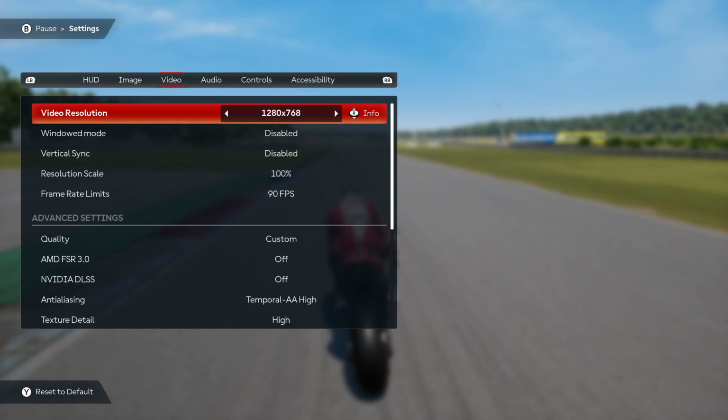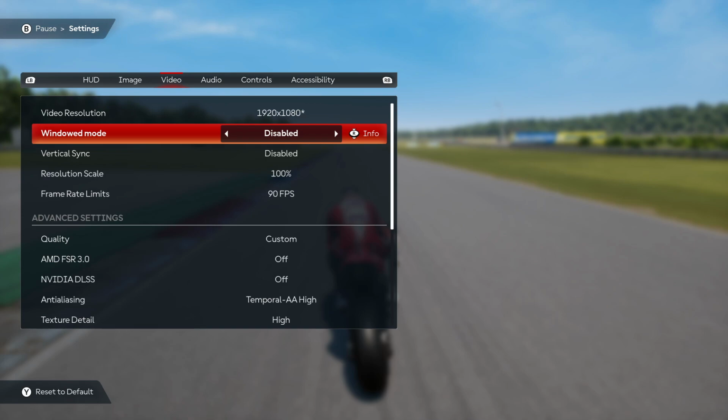So for me, I have a 1080, where's it gone? There she is. 1920 by 1080 is my resolution. So again, if you have it 1:1, it just means best performance because you're going to have less work to do in the background. Windowed mode,